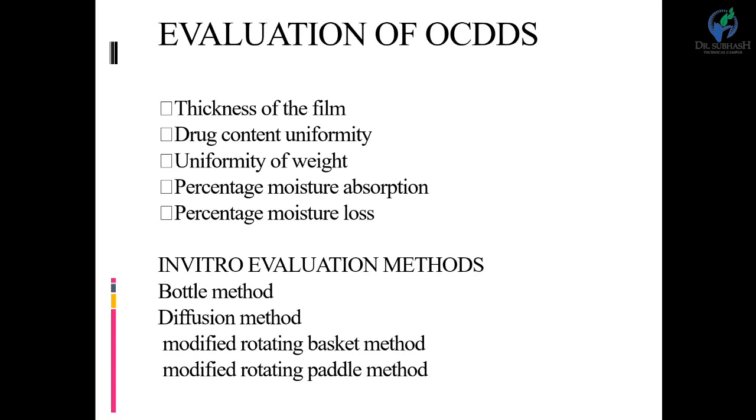The dosage form is placed into the diffusion cell, which is placed in the flask of the rotating paddle apparatus. So that is the modifying part, as compared to the general dissolution paddle and basket. The buffer medium is placed in the flask, and we rotate the paddle at a specific RPM, around 50. The temperature is similar, 37 degrees Celsius, which we maintain. Then at specific intervals, appropriate samples are taken out and analyzed.